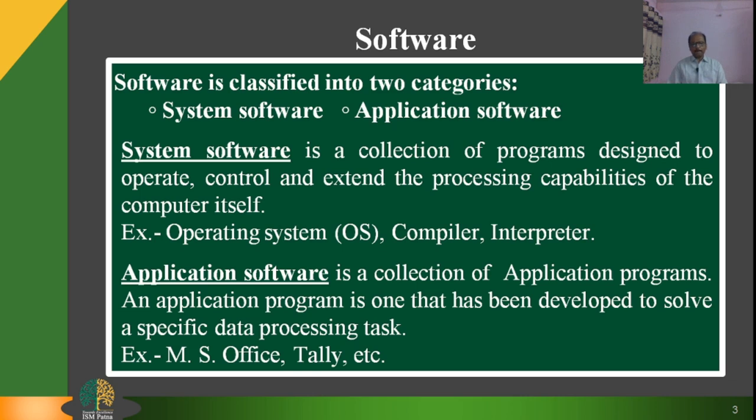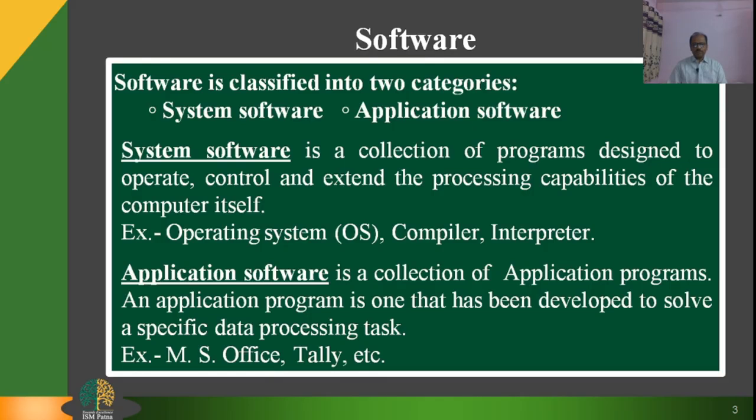Software are classified into two categories. One is system software, whereas another is application software. System software is a collection of programs designed to operate, control and extend the processing capabilities of computer itself. Operating system, compiler, interpreter